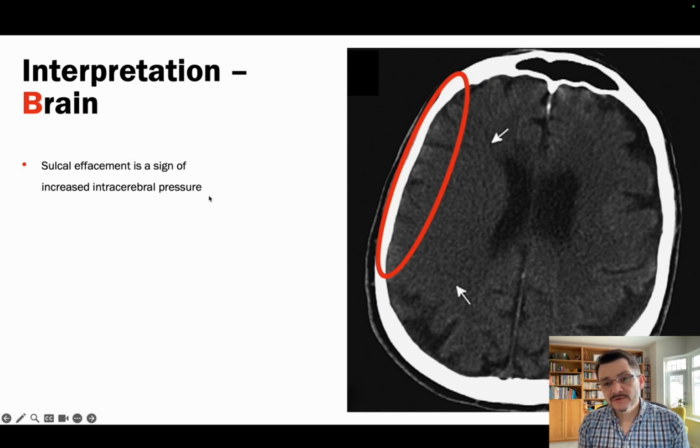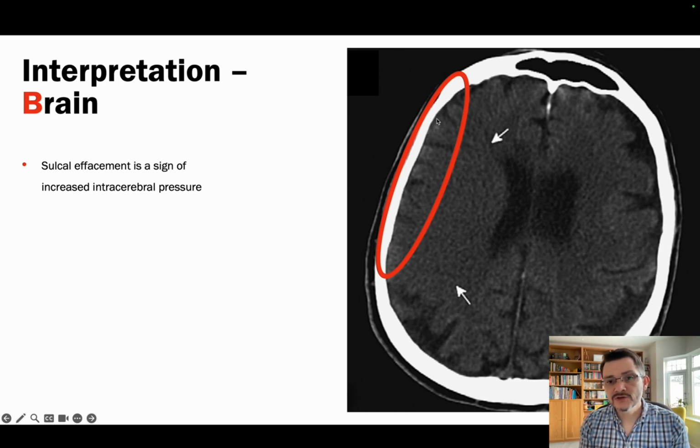Then you've got sulcal effacement when you're looking at the brain. So this is our next sort of category, which is brain interpretation. So it's taken us this long just to get to brain analysis. This is when you see a slightly older brain. This is what I was talking about, a bit more CSF on the outside. You can see these little infolds, little fingers coming in. These are the